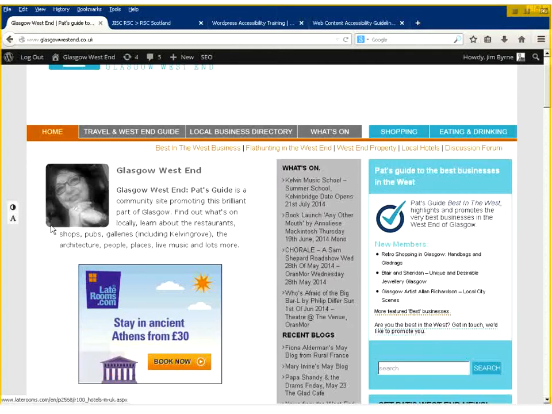It's not the only thing that this toolbar, this plugin, does. It does all sorts of really useful stuff. So that's just one of the things, and it's one of the most visual things that I can show you. So that's why I set it up on that site.